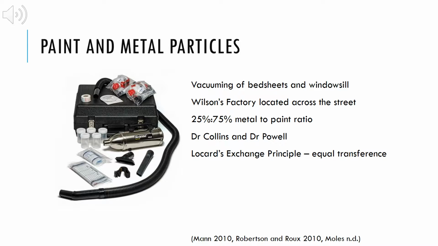During the Royal Commission, the issue of this ratio was brought into question. This evidence was based on Locard's exchange principle. However, the theory was taken even further, suggesting that transference was equal. In no part of Locard's principle does it state that the transference of tracer evidence is proportional between 2 surfaces. Secondly, the determination that the metal particles matched those found at Splatt's home was insignificant because the particles are commonly found in the environment.